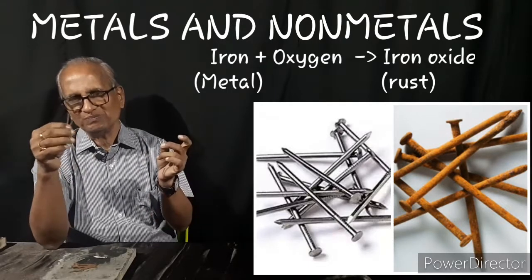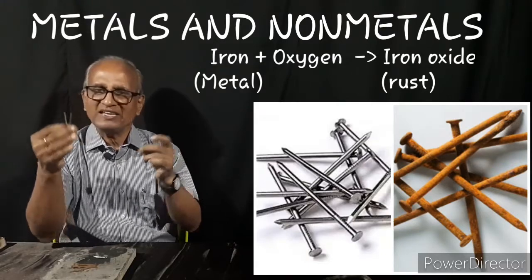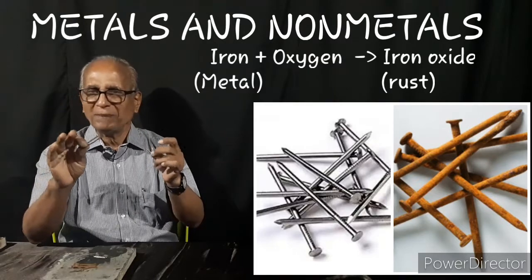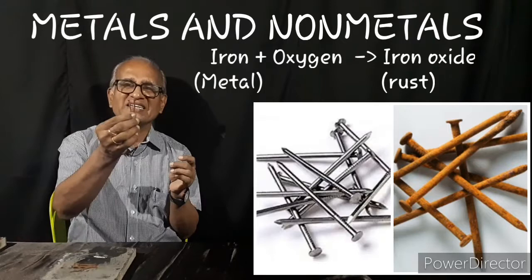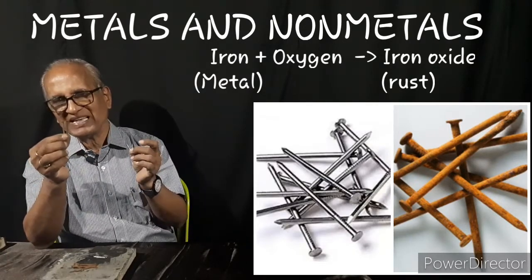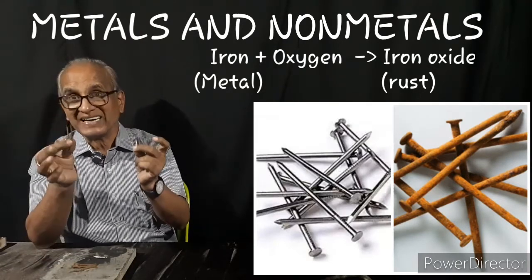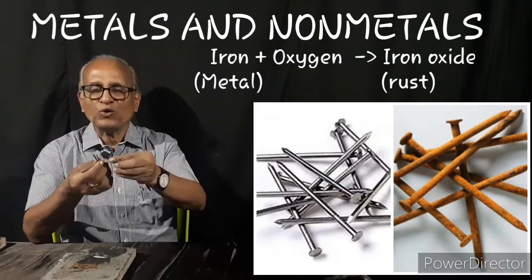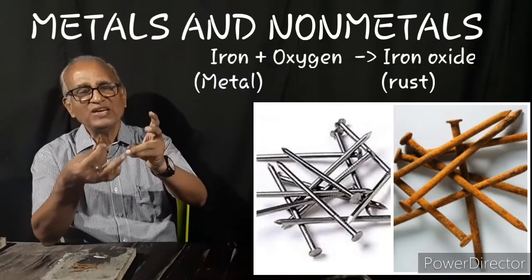A new window which has been painted, iron window, after a year, 2 or 3, the paint goes away, and if you don't paint it again properly, it will look very bad. Now this is the condition. What is it actually? In our common language we say, iron has rusted. Rust. If you take a paper piece and go on rubbing, you get some brown impurity. Here you don't have it.